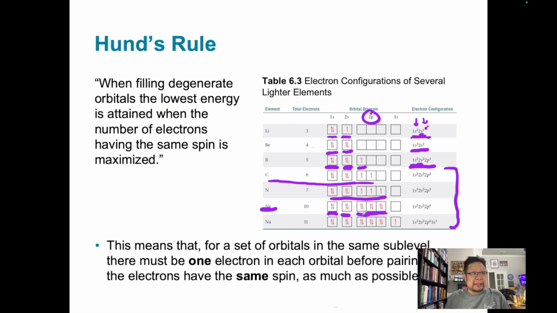2p6 because there's 6 electrons that can fit in the p orbitals, right? 2 per orbital, right? And so that's what the electron configuration is for that. That's the electron configuration for neon, right? 1s2, 2s2, 2p6. Well, we'll go down one level and now one extra electron for sodium, and you notice it's